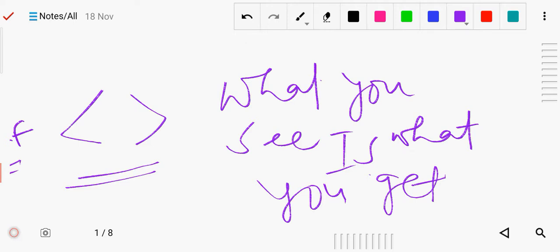Another one is a text editor, like Notepad, that we use.